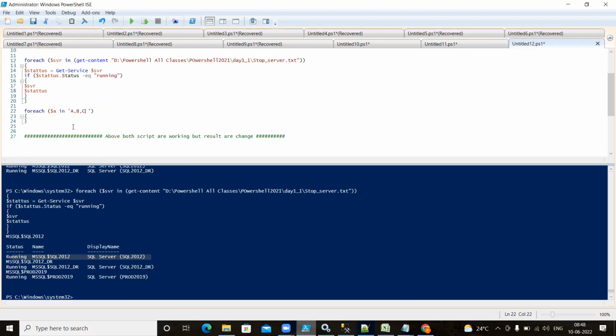So first time it will take A and put it here. Second time it will take B and put it here. Third time it will take C and put it here. So same thing, this much is small and we have done it in big. So this is nothing but this one. In means in, and ABC I have directly written here. Here I am taking from